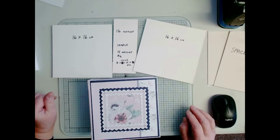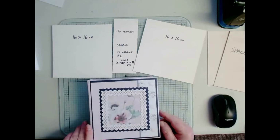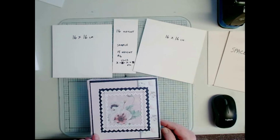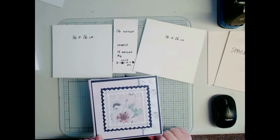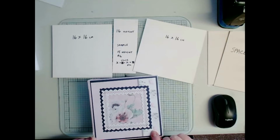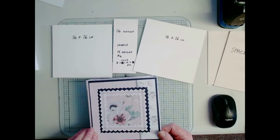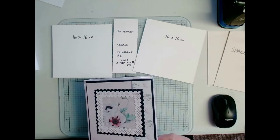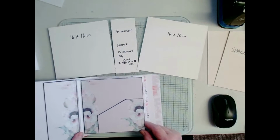Hi everyone, so today we're going to look at a mini album, and this is a lovely one which I've put a tattered lace die on the front, but all the papers are from Creative Crafting World. The particular one I've chosen is Pretty Poppies, and it comes on a USB. So if we open it up,